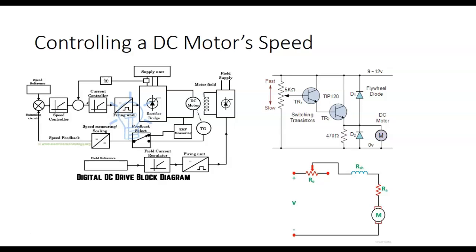So how do we control the speed of a DC motor? We can do, and I can't get my Arduino. My Arduino program's not on this, guys. I don't know. I think it might be on that computer. We can control it with a rheostat,